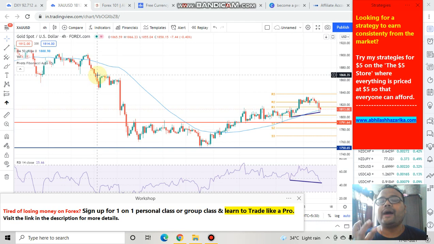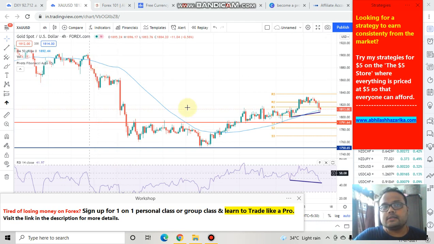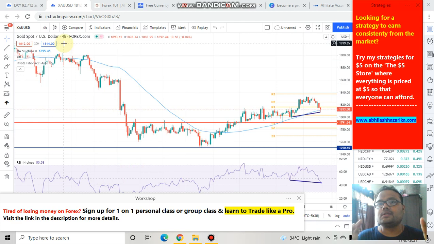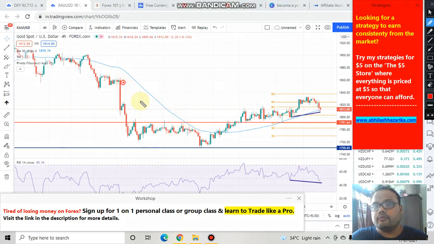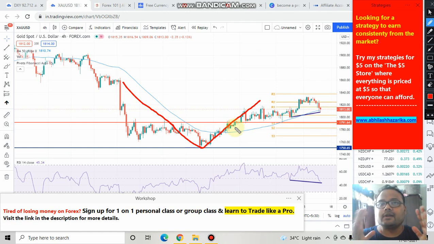There is not much buying power in the market, because overall the trend of the market is still towards the downside. Until we get a good V pattern or good buying pressure in the market, we cannot consider that we are seeing a trend reversal. Right now you can clearly see that the price is struggling. Yes, it's trying to recover, but we can easily see that there is not much steam, not much bullishness in the market.